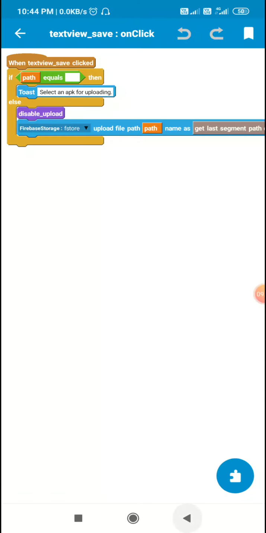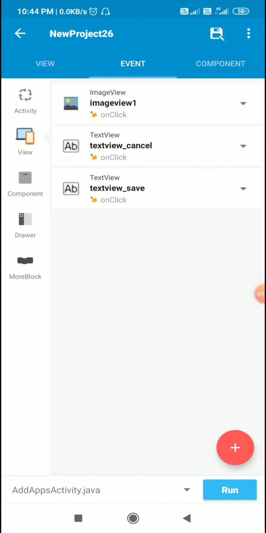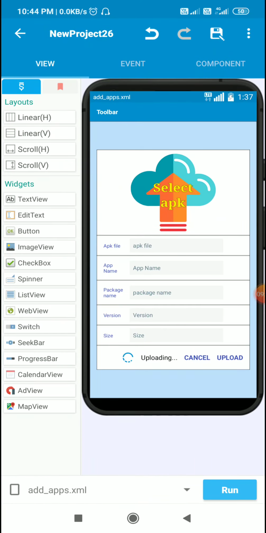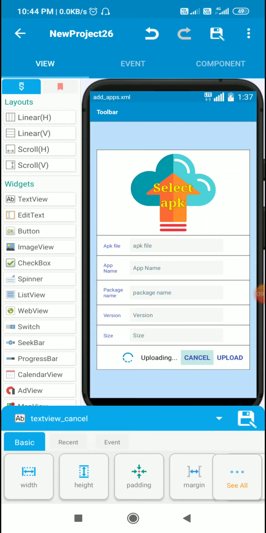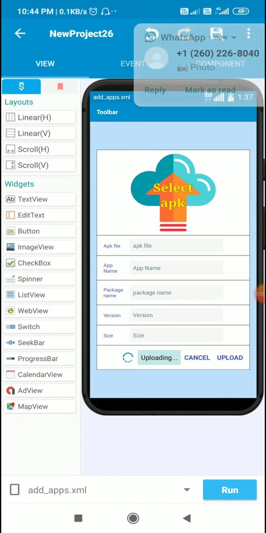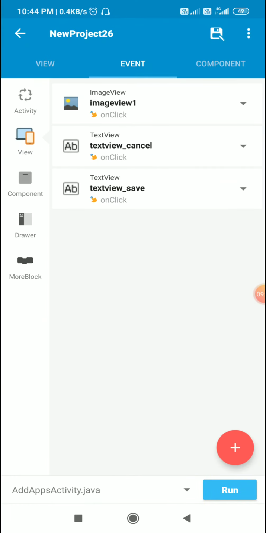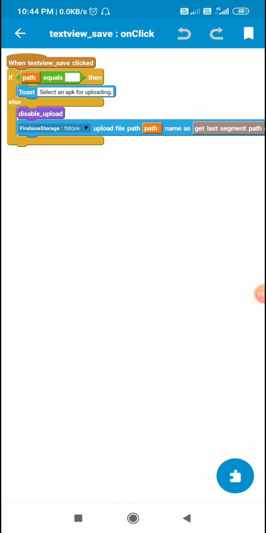So this means I will upload the file selected, and I will disable these two buttons, means I will make these two gone, disable this image view 1 and make these two visible, progress bar 1 and text view 13. Okay, this is when TextView save is clicked.